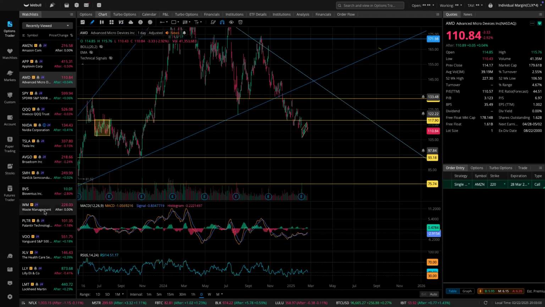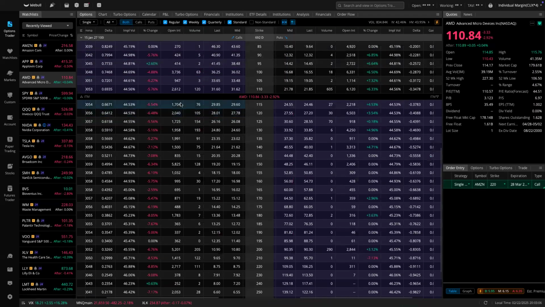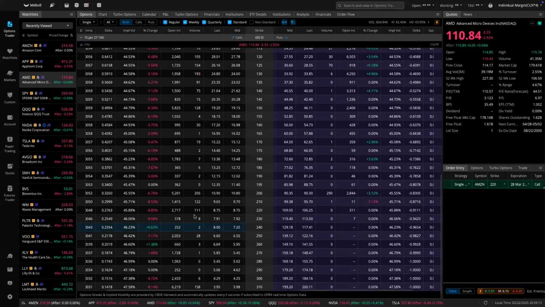If you go buy some crappy company like T-Mobile, this is where the volume becomes important. This is why the volume is important. You want to have this on your side. Open interest and volume. So if you go buy this right now, see this contract right here, there are 0 people in the contract.